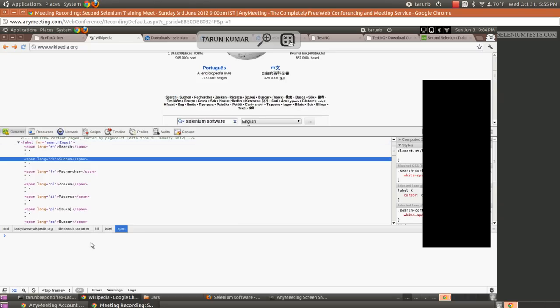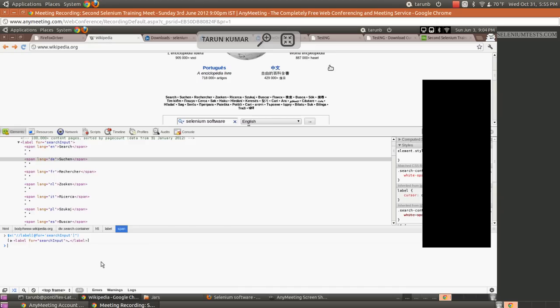If we were to write this in XPath, we would do it like this: $X, then double slash, label, @for, which is an attribute here, and then the value of the attribute, which is search input in this case. Okay, so if you see this, it returns the label here.